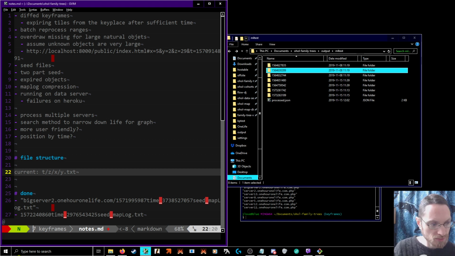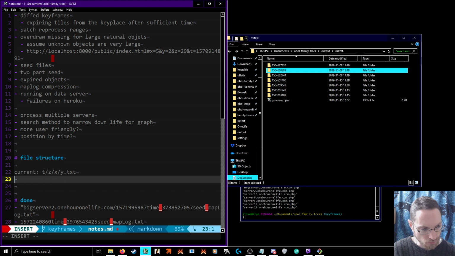You have your list of times. You can pretty much always fetch something for that. It kind of works nicely with the file system structure. Problems. Well, actually, the main problem here is that